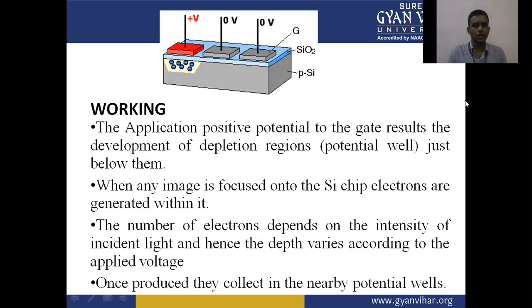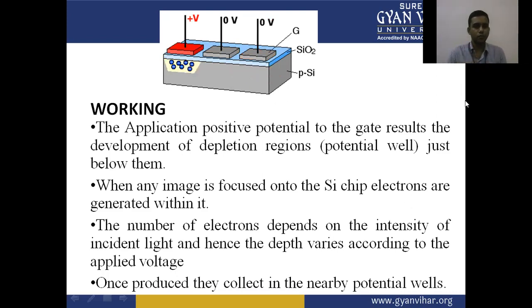This is the diagram for the CCD camera. This shows how the charge is moved from the plus V to the lower one. The working of the CCD is as follows: application of positive potential to the gate results in the development of a depletion region just below them. When we apply the positive voltage to the gate, the depletion region is formed, a potential well just below them. When